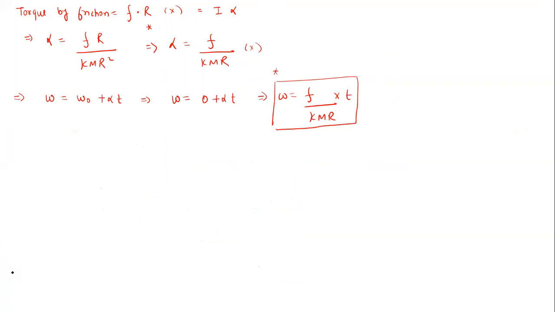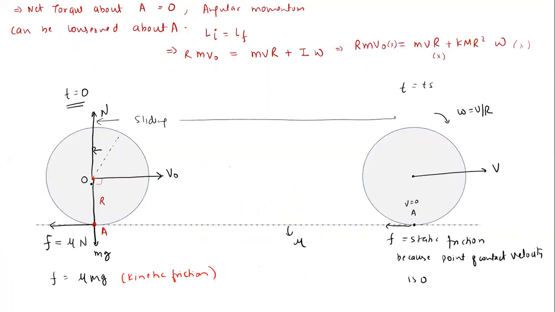Okay. Now, the next part is to find the work done by the friction force. Now just tell me one thing. See, before the body attains the pure rolling, the motion of the body is sliding motion. Am I correct? Before it attains the pure rolling motion, it is the sliding motion. Which means if it is sliding motion, then the friction will do some work also. The friction must have done some work.